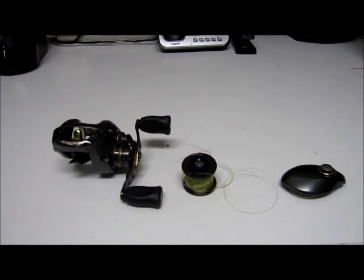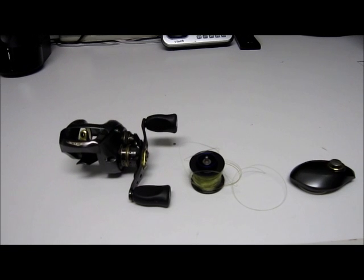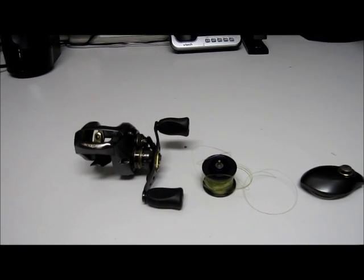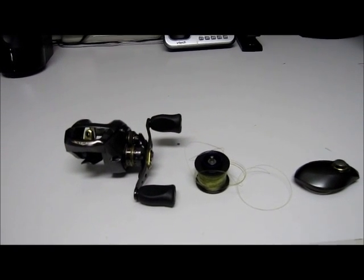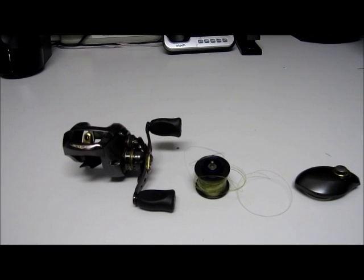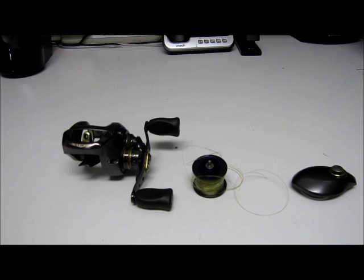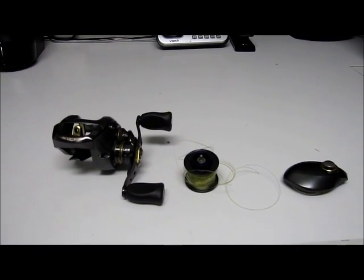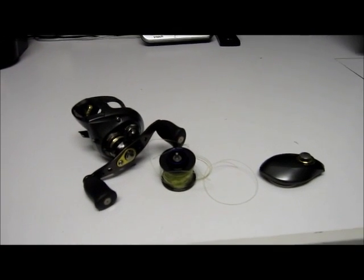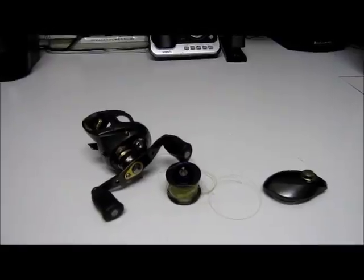So besides that, I love Daiwa. I love the Steez. I don't know if they have a new flagship reel that beats the Steez, which is the Z. I still got to try it out. But the Z's, the Z's, what's up with my grammar today? The Steez is overall a beast. I have a Steez reel, Steez rod, and they're phenomenal. So pick yourself up one of these bad boys, and you'll be surprised at what you're going to get and blown away. Alright,